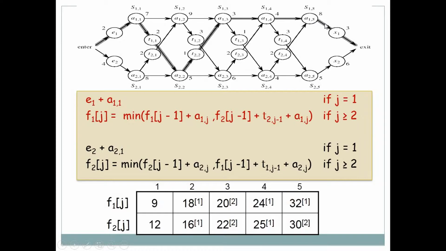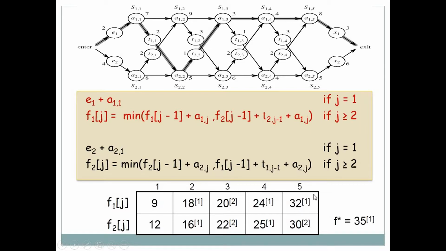Now we will have to add the cost at the ending. For assembly line 1 we will add 3, so that will be 32 plus 3 means 35, and for assembly line 2 we will add 6, so 30 plus 6 is equal to 36. So we can say here the minimum cost will be 35, and it will come from assembly line 1. So here we can say that these are the stations from which we can find the minimum cost for our automobile. So here 35, and it comes from station 1, so we will choose this station.